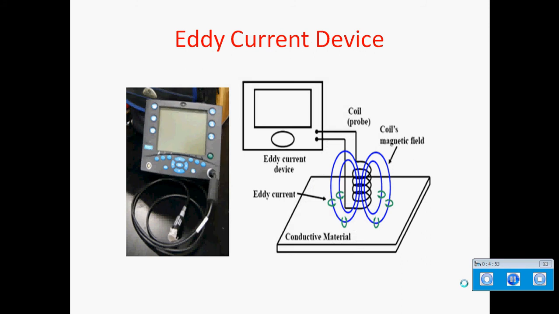Next is eddy current device. Eddy current testing is one of the non-destructive testing based inspection techniques for detecting flaws. The flaw detection mechanism of eddy current is to measure the induced current variation in the coil which is caused by the induction field from the eddy current, where the flaw can be identified by the anomaly of current variation.